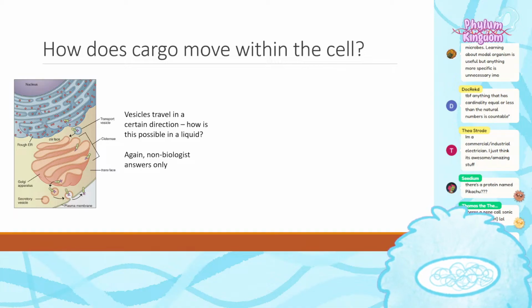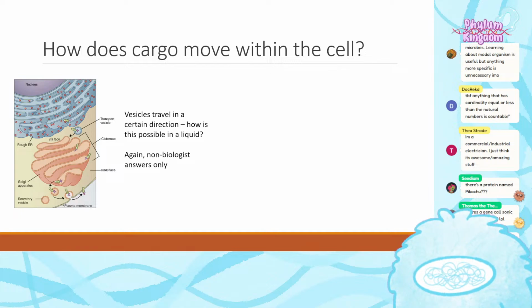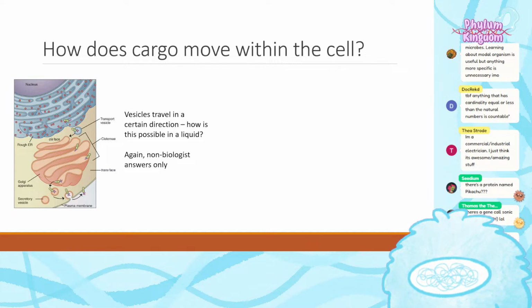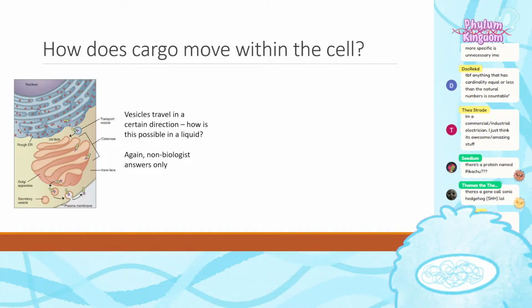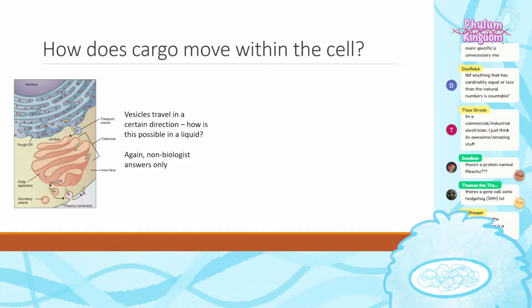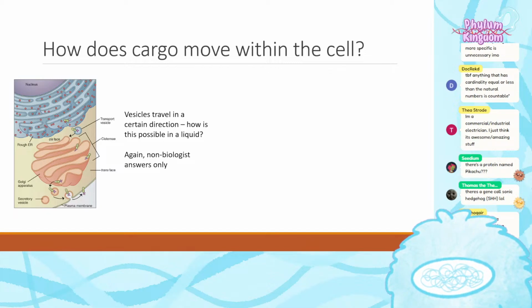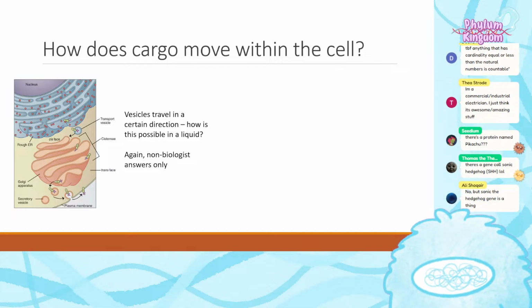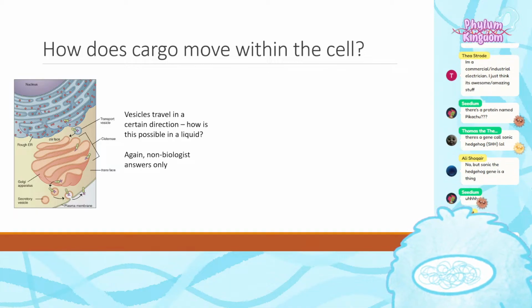And as Guy said, there is Brownian motion in the cell, right? Because if there wasn't some strategy for the cell, then you would just have a bunch of biomolecules jiggling around in liquid space and nothing would ever get to where it needs to go in time, unless, asterisk, there are some clever things that you can do with Brownian motion that will allow proteins to get to where they need to be. But for the most part, that doesn't work with everything in the cell, right? And not all the time as well.